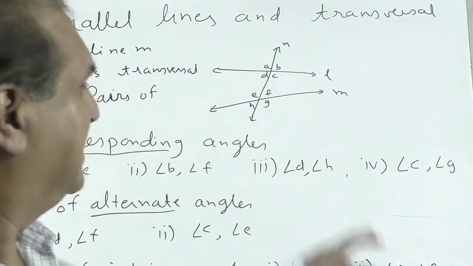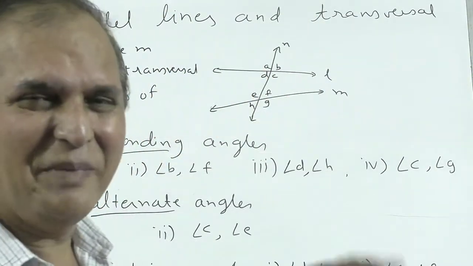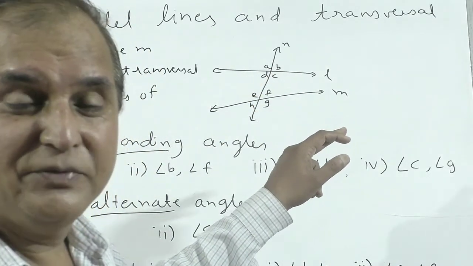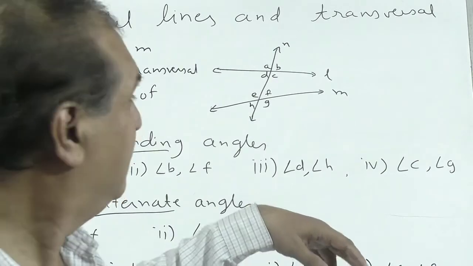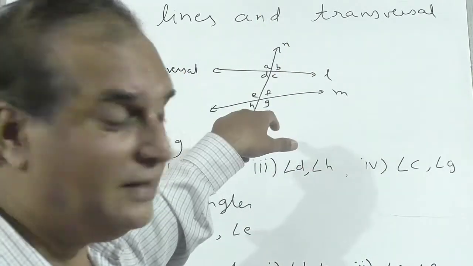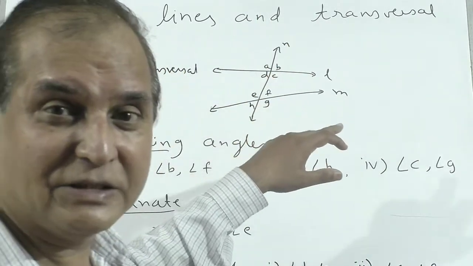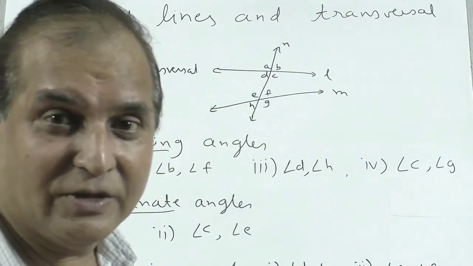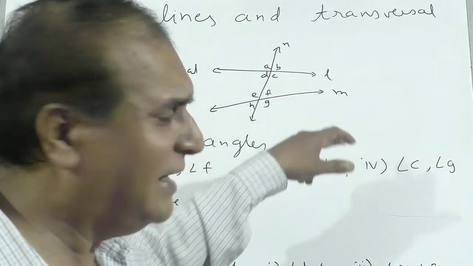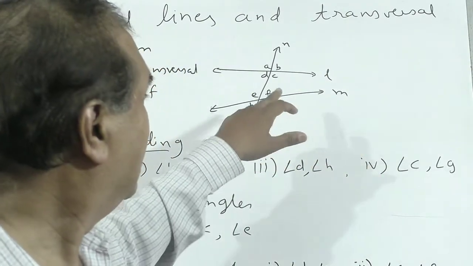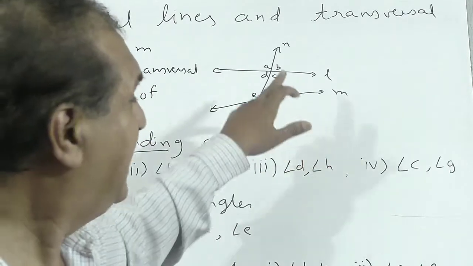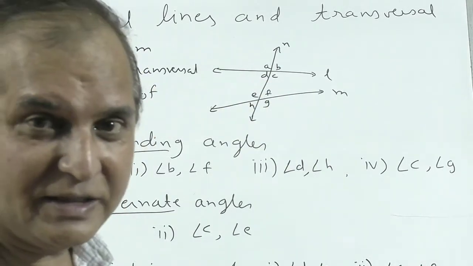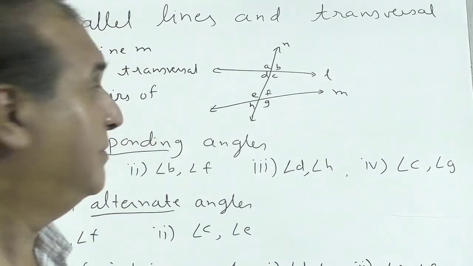Just basic definitions. Line L, line M, not parallel. There are just two lines. A few terms I want to explain. A line that intersects two or more lines is called a transversal. So line N is the transversal, and lines L and M are any two lines. The angles formed, eight angles in total, are formed by the intersection of the lines with the transversal. I will define them properly.